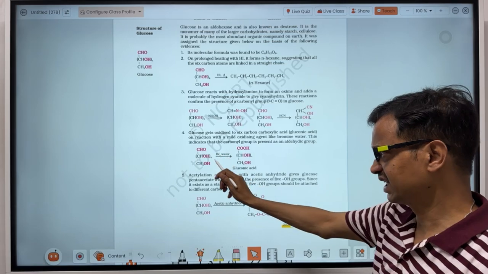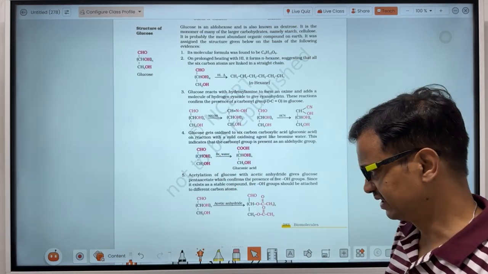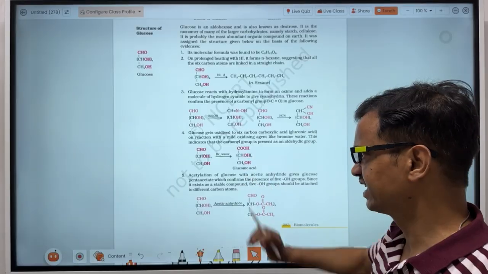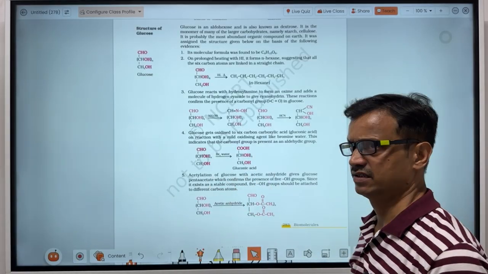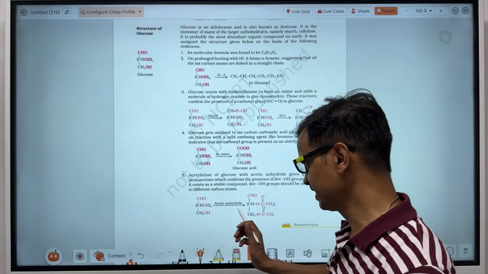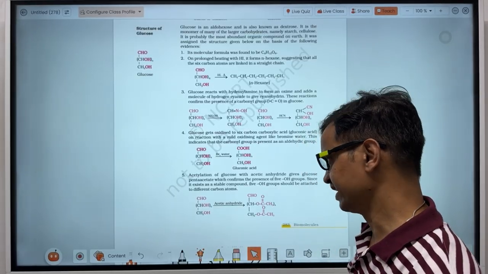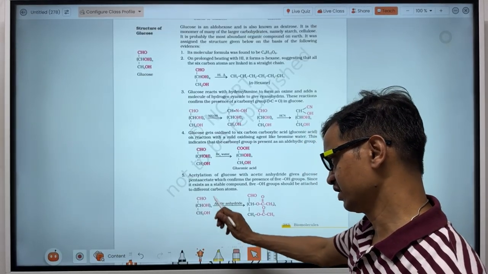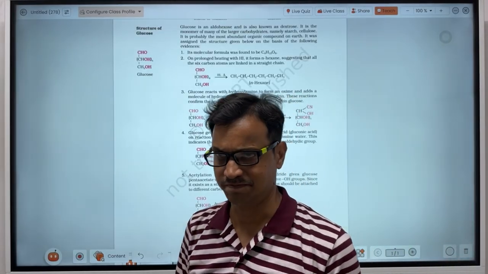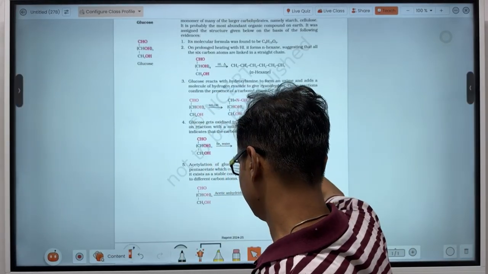When oxidized by bromine water, there is formation of gluconic acid, which indicates that glucose is composed of an aldehyde. When it is treated with acetic anhydride, that indicates that in glucose there will be 4 hydroxyl groups. And the next reaction here,